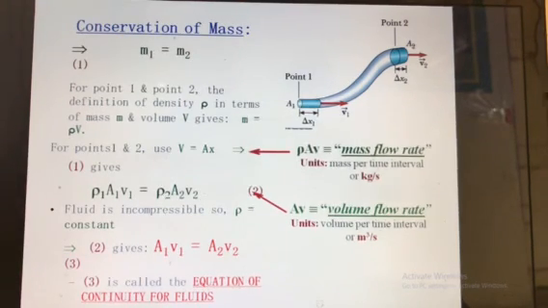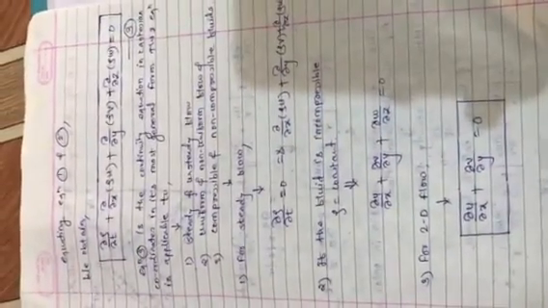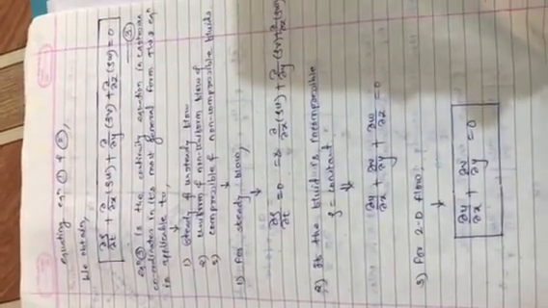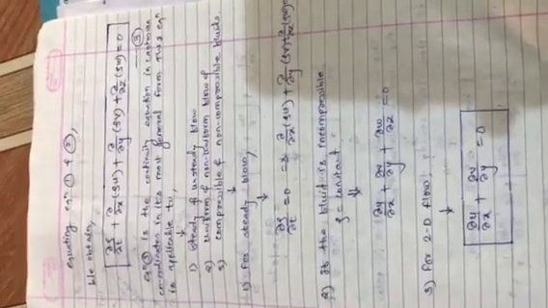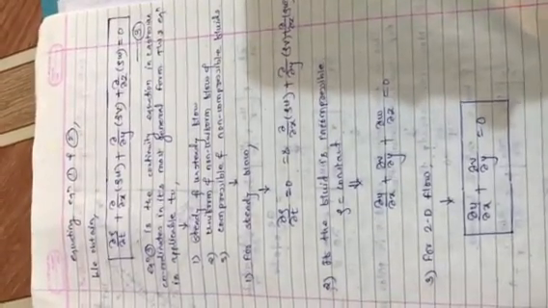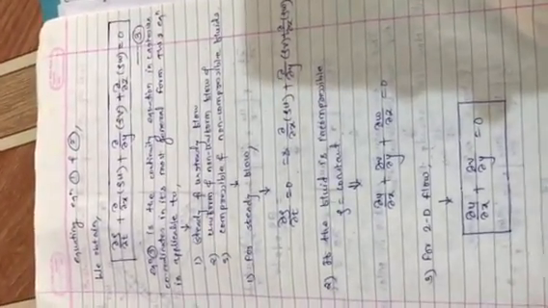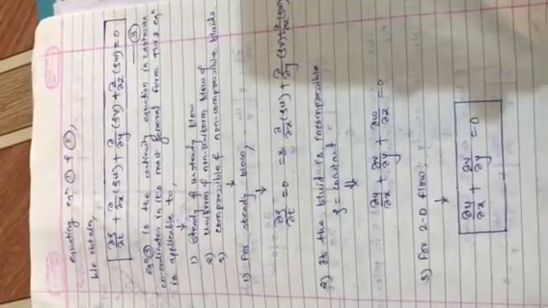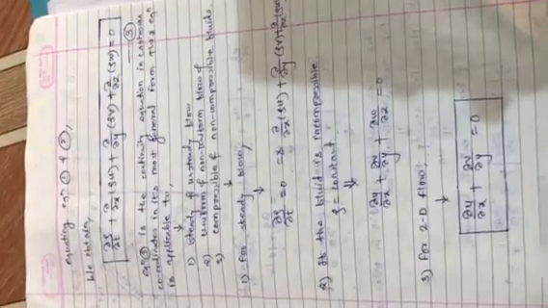Okay, so we will see this continuity equation 3. Equation 3 is the continuity equation in 3 dimensions. This equation is nothing but the continuity equation, and by using this equation we will distinguish the types of flow. So equation 3 is the continuity equation in the Cartesian coordinate, and in its most